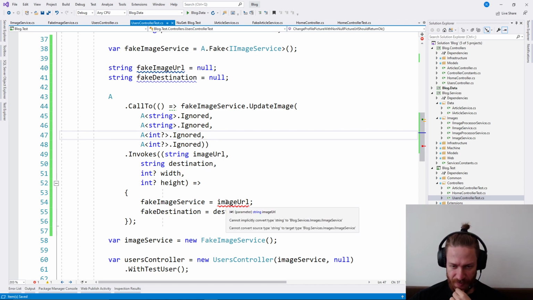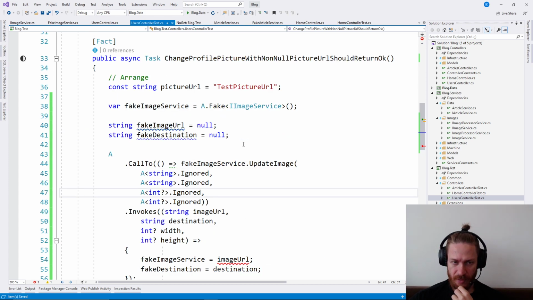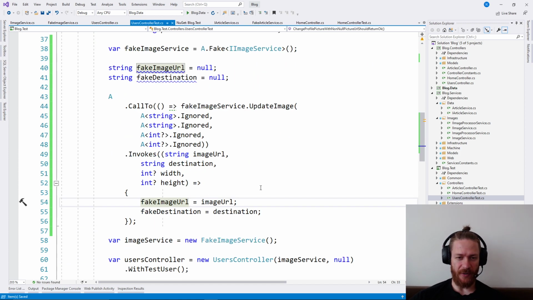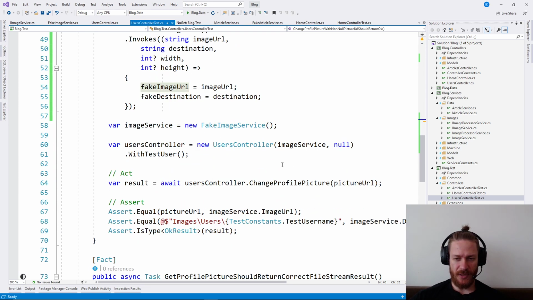What's this problem here? Yeah, I'm using the wrong variable. Okay, and now what I can do is